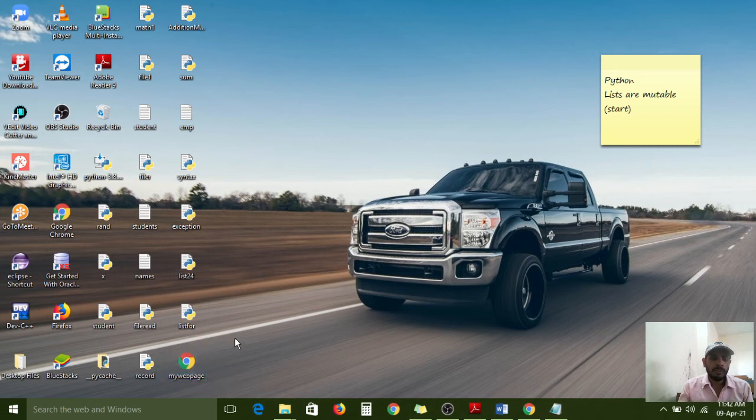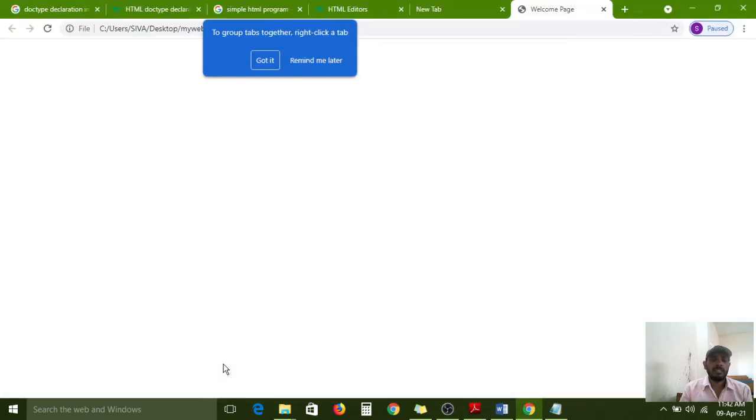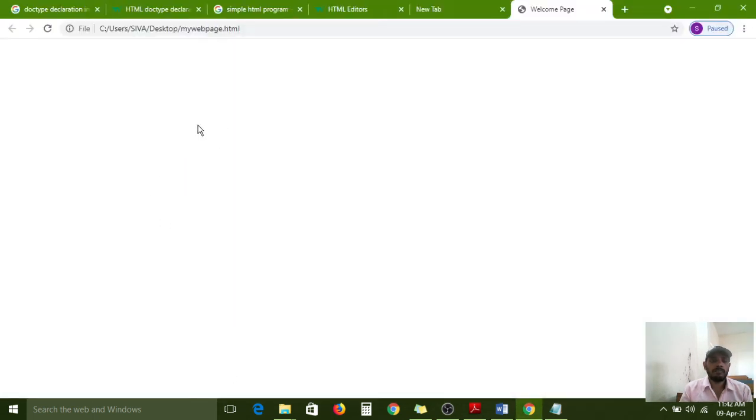If you want to execute this file and you saved correctly, your file will appear on the screen with the browser icon. Double click on it, and automatically it will open in the browser window.